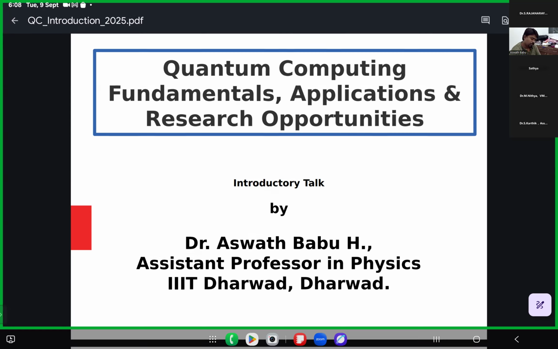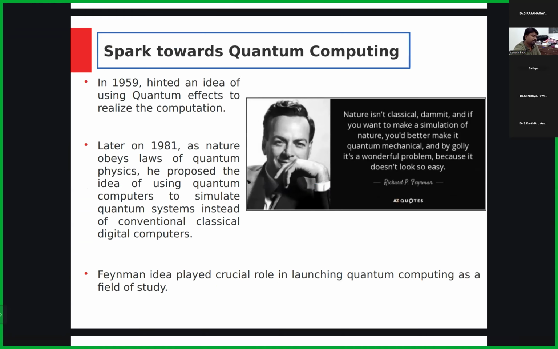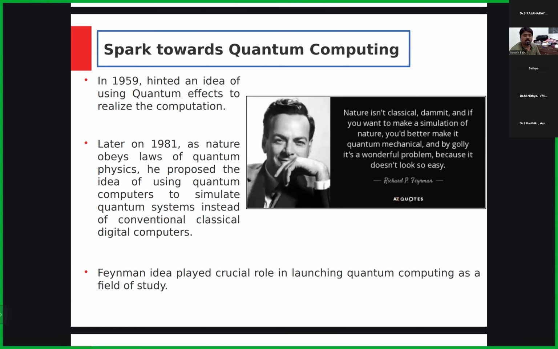The first slide is this person. I think yesterday while introducing quantum computing, the resource person might have shown this person's photo. In a way, he is the father of quantum computing because he is the one who sparked the idea of quantum computing. So how did he spark the idea? Back then,